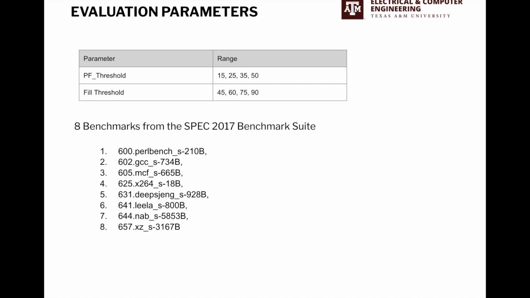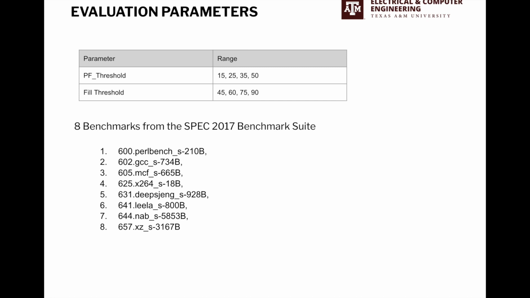Later, for evaluating, we have considered PF threshold and fill threshold as our parameters, where PF threshold determines whether a specific prefetch is to be considered or not, and fill threshold determines whether the prefetch data needs to be placed in the L2 cache or LLC. So we have varied the PF threshold from 15 to 50 and the fill threshold from 45 to 90. We have used the following 8 benchmarks